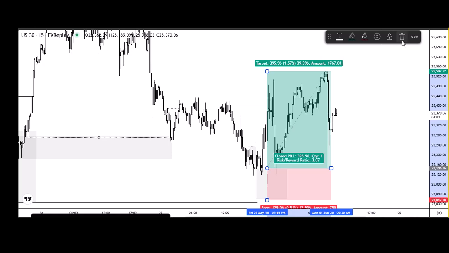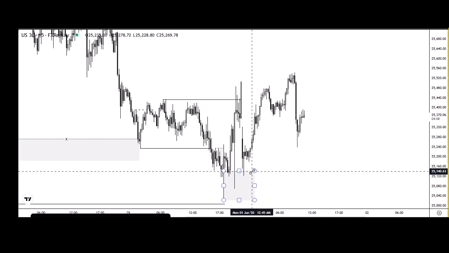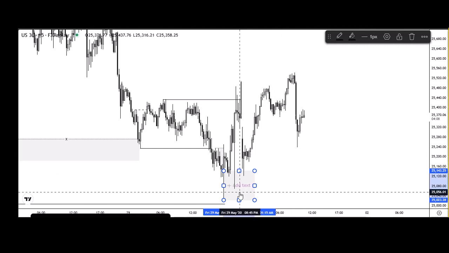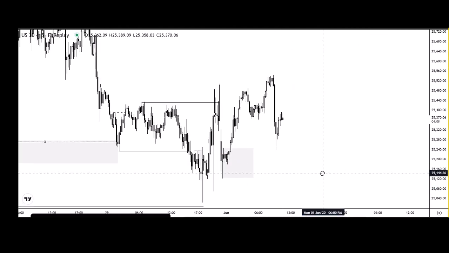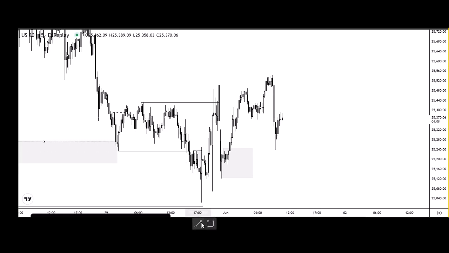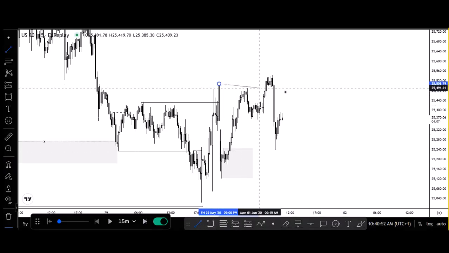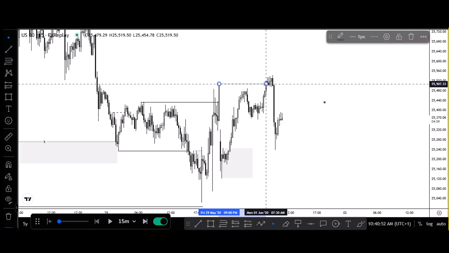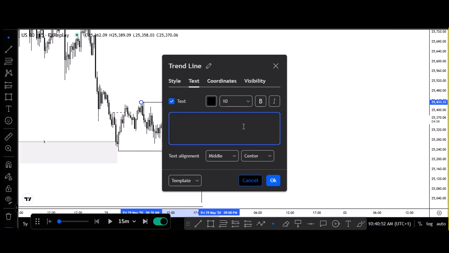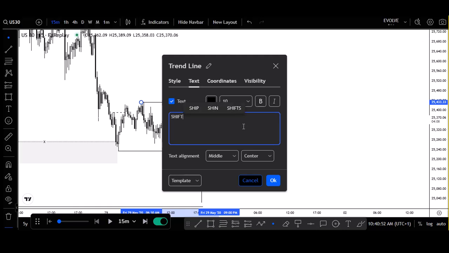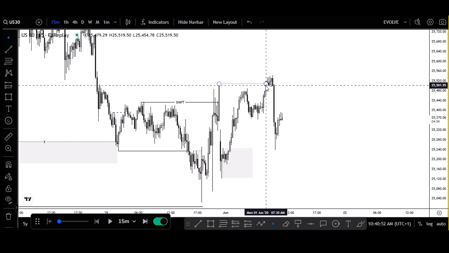Okay, let's say we don't see entry model, or we don't see that entry model being formed, right? That one has gone. Maybe we missed that trade, perhaps due to one or two factors. We missed that trade. Fine. And we have a breakout structure. We have a bullish breakout structure here, and we also have another one, right? This is where we have a shift. This is where the internal order flow shifts to bullish. This is where we have a shift, right? And we have another breakout structure, which is IBOS.